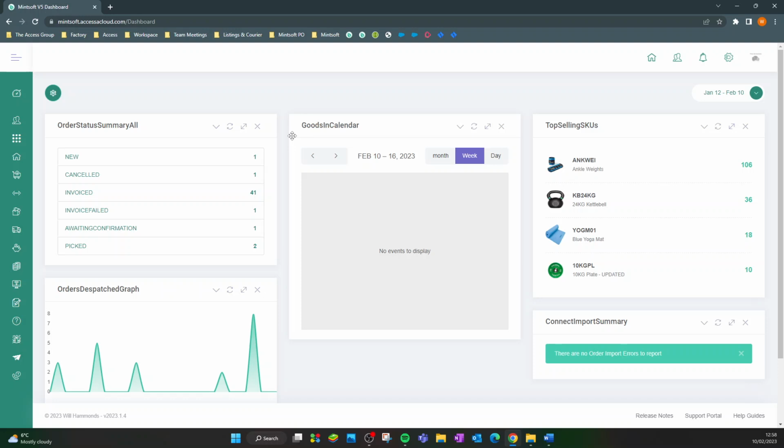We'll take a look now at some of the settings on Mintsoft. In the clip about products, we did look at the product settings under user settings, but allow me to give you a few more examples. If we go to the top right hand side and go to user settings,